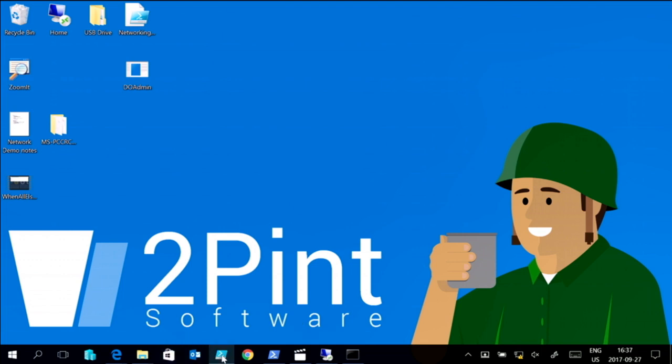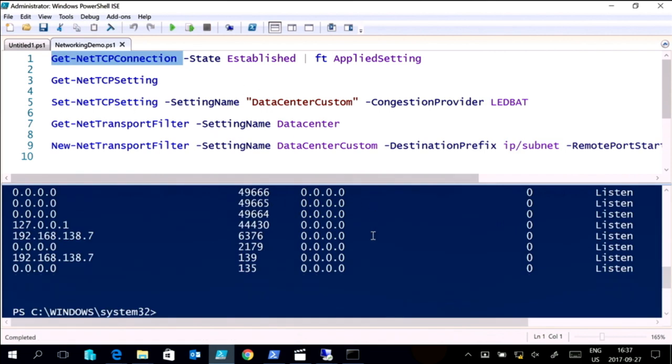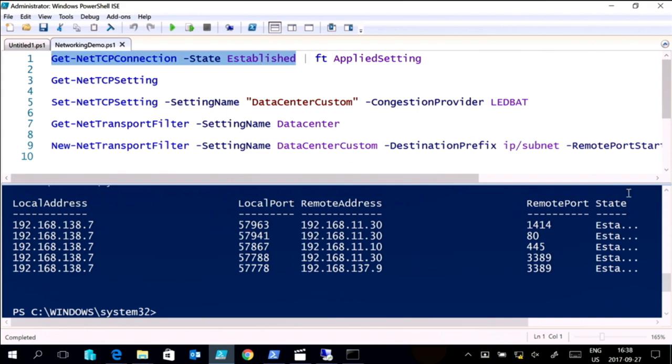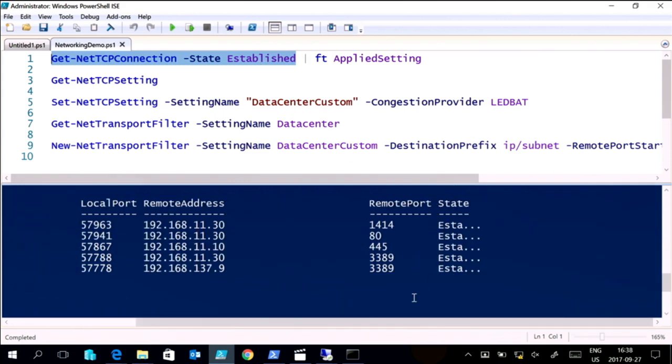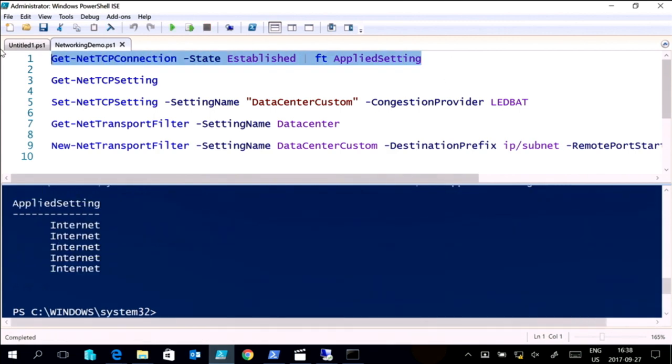Perfect. So these are the PowerShell commandlets that we talked about. If you want to know about an actual connection, you can run Get-NetTCPConnection, and it lists basically every connection that you got. You can filter it down to get more sense out of it. You filter to state Established, and then it's a little hard because the screen resolution is too high. So I did a little bit while Daniel was talking. It basically dumps out the applied setting for any connection that's in Established state, and the setting that's applied is basically a NetTCPSetting.